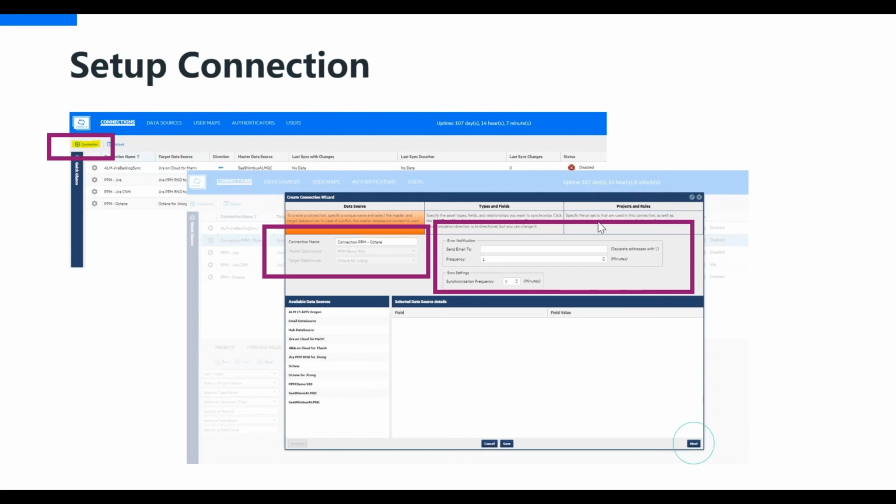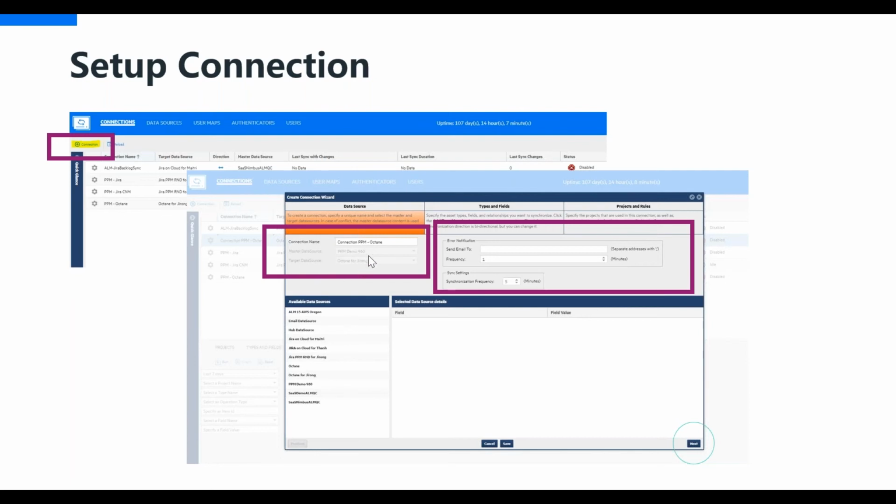It has 3 tabs. If you can see the data source, the types and fields, and project and rules. In the first tab, which is the data source, you define the connection name, and then you define the master data source or the source data source and the target one.